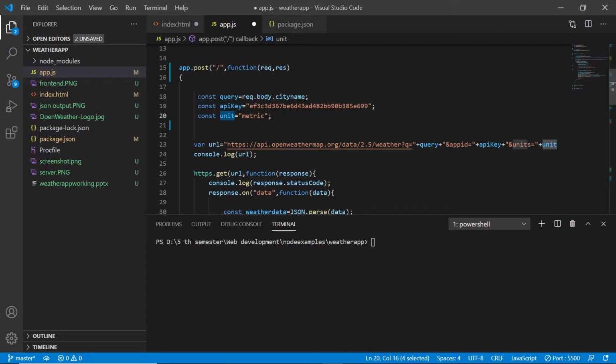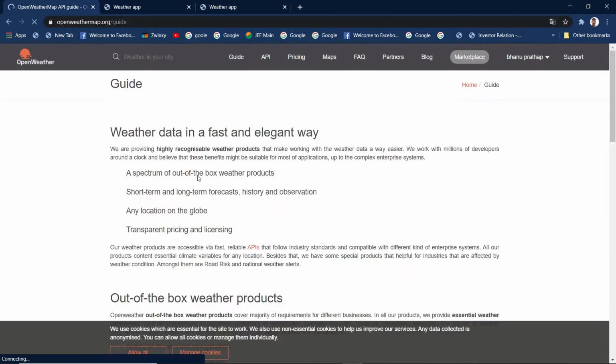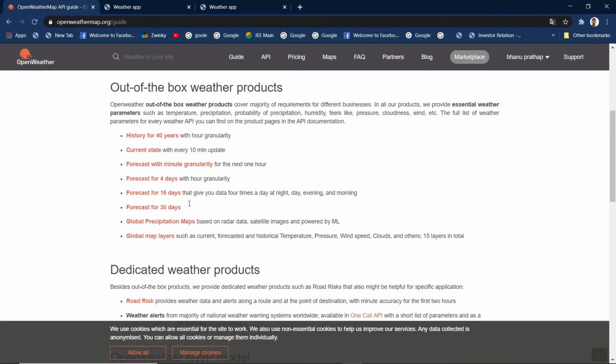And from these three constants, we can create this URL. And this URL is given by OpenWeather. See, getting started. Click on getting started.